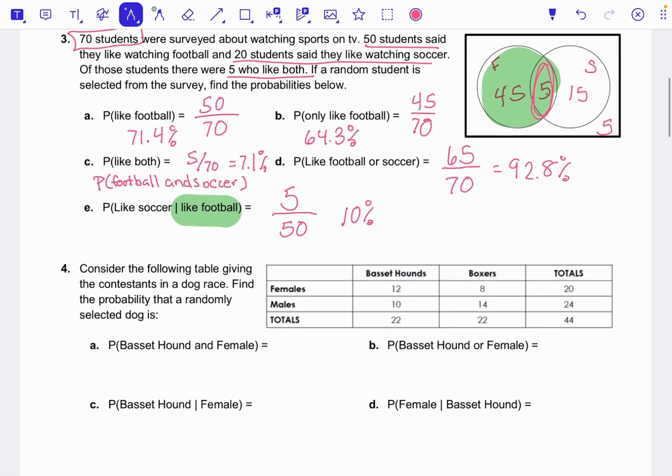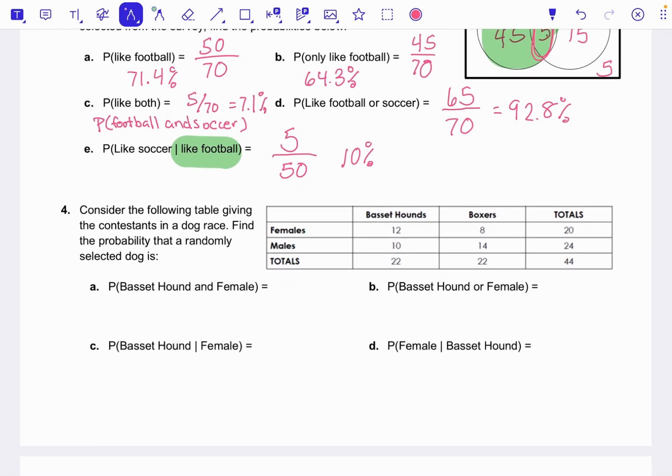All right, so that was an example of doing some probability along with our Venn diagram. The next one's going to be one that focuses on a contingency table. And this contingency table has contestants in a dog race. So we have our basset hound and female. So this is looking for an overlap. So basset hounds and female, there are 12 out of the total 44, which would end up being 27.3%,